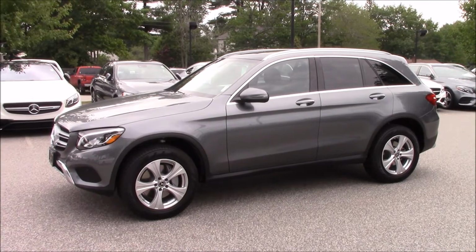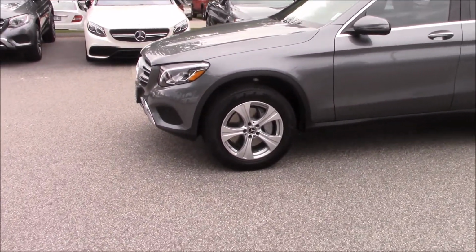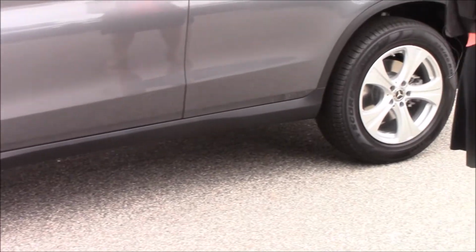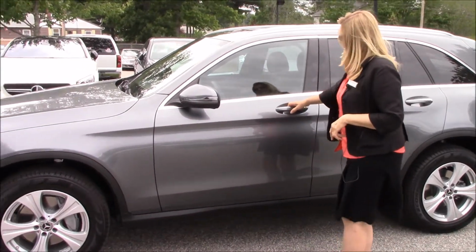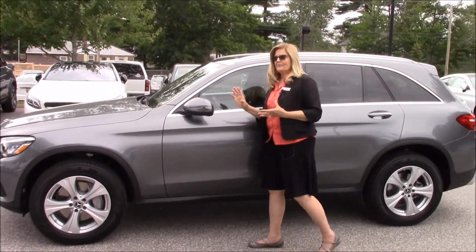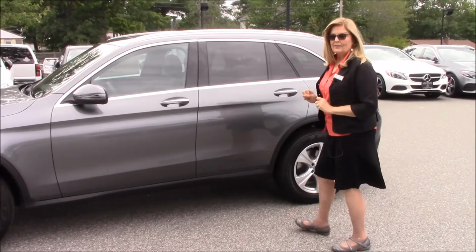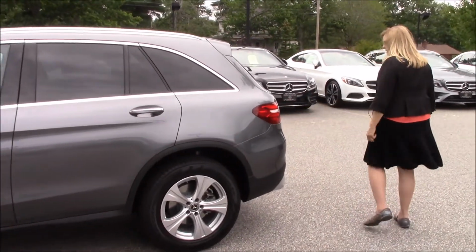These wheels and tires give you a higher sidewall, so you have a cushier ride. And these are the Pirelli Scorpions they have on it. But you know, you've got the same sort of important features that you have on your car now, only this one has the blind spot assist in both of the mirrors. And as you come around the back, you'll see that